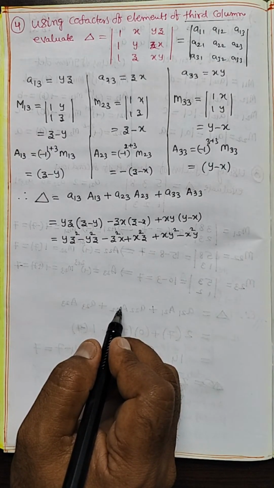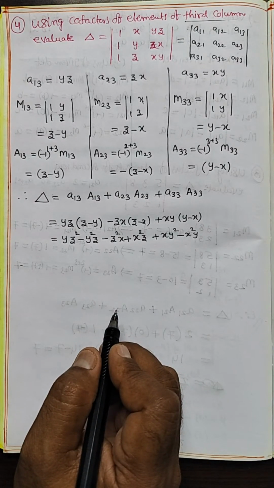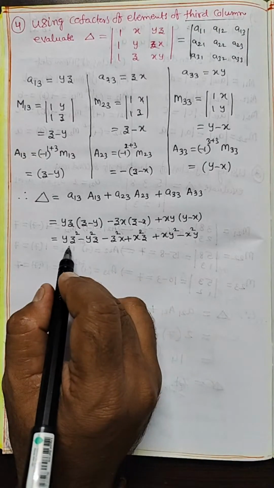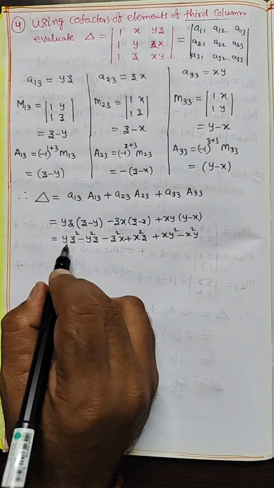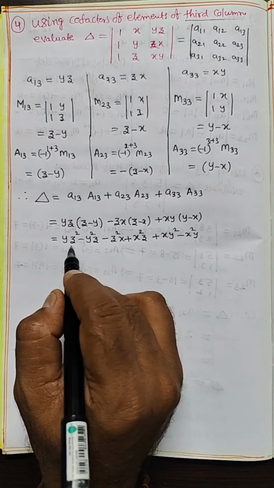After that, is there any yz already there? No. Yz, from here and here, if we calculate from